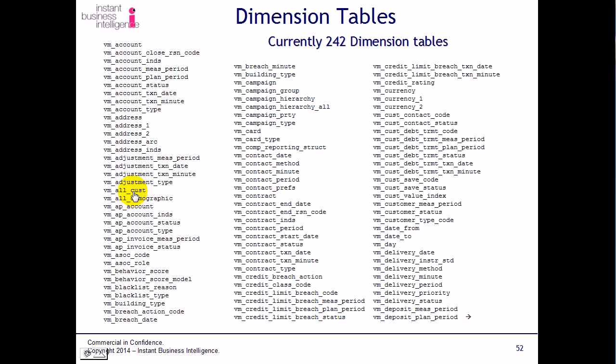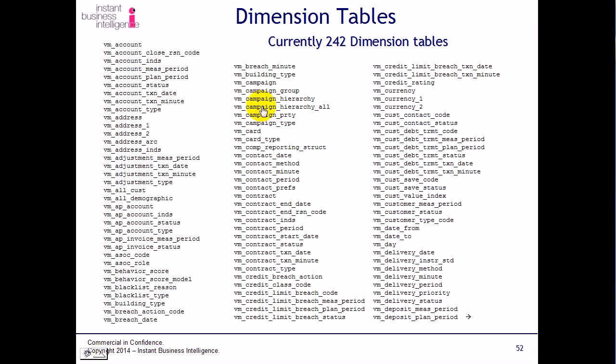Adjustment types. We have one which shows all customers and all demographics, just to expose all customers. We have accounts payable accounts, account payable account indicators, account payable account status, account payable account type, account payable invoice status, association code, association role, a behavior score model, blacklist reason, blacklist type, building types, breach action code, what to do when a breach action takes place, building types mistakenly there twice,